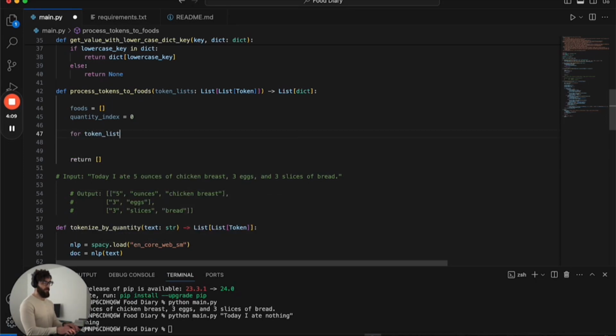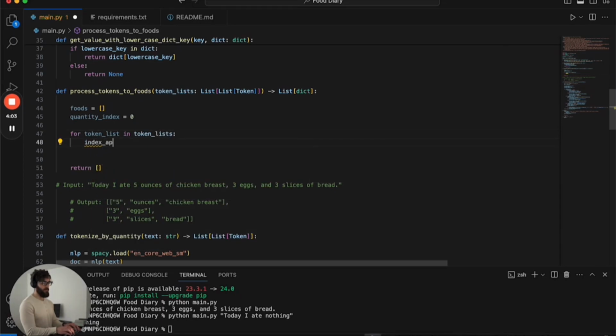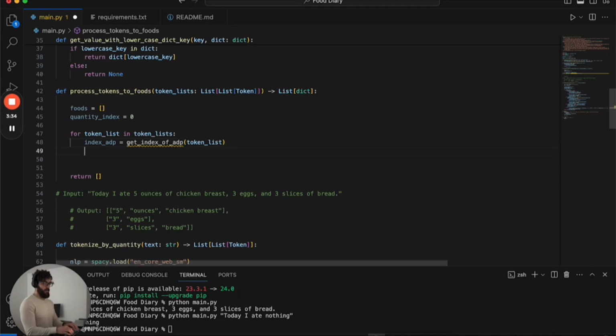And I'm going to iterate over all of the token lists. And I'm going to set the index of the add position to be essentially the index for which a word like of would be located. So an example of today I ate 5 ounces of chicken breast. I want to find the index of so that every single word after of and every single word before it can be determined. So every word after of should be the food name and everything before it should be the measurement unit. So the quantity is going to be the get quantity from token